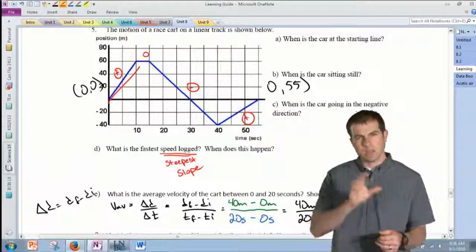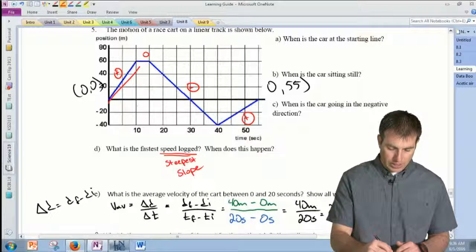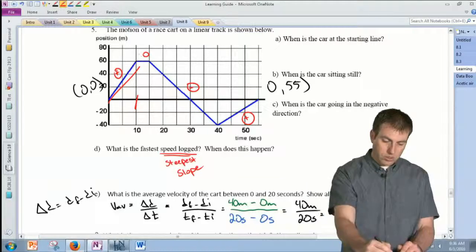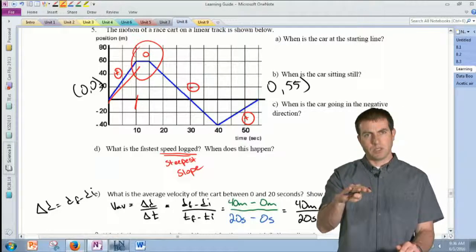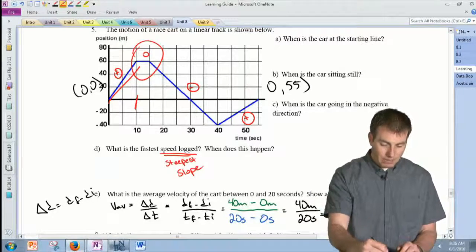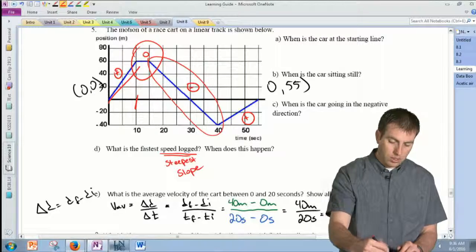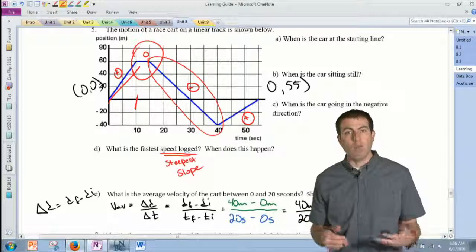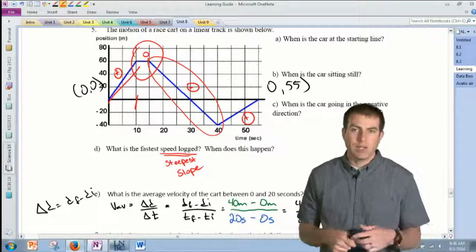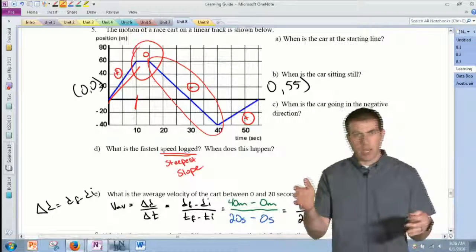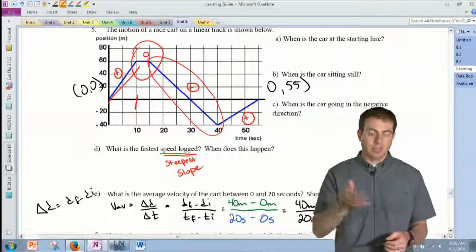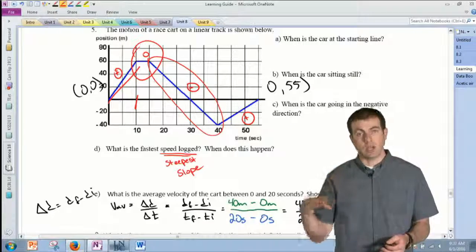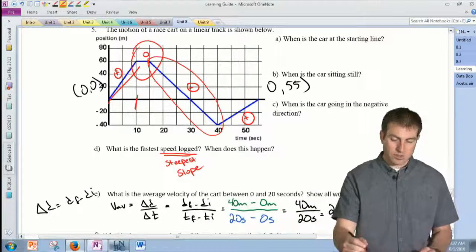So if I look at the first little portion here between 0 and 10 seconds, I have a positive velocity, so I'm moving forward. And then I have this horizontal bit up at the top where I've stopped, I'm not moving. And then I have this really long bit here in the middle where I'm actually moving backwards. I have a negative slope, so I have a negative velocity. So it's not like a regular trip that I'm just driving around, always moving forward. In this example, I have a positive velocity, I have 0 velocity, and I have a large negative velocity, and then a little positive velocity at the end.